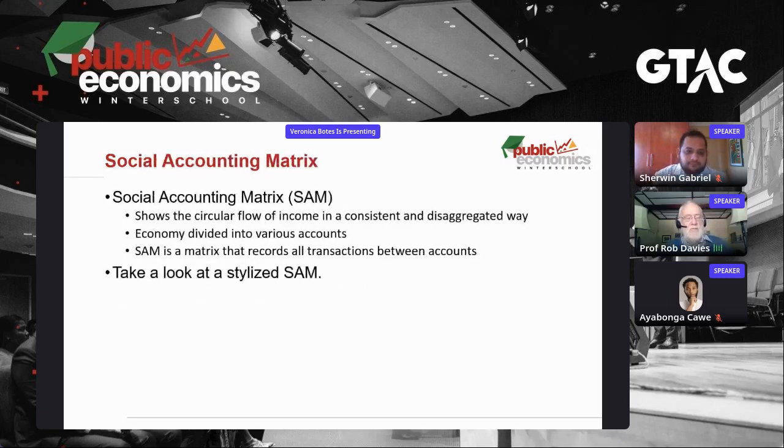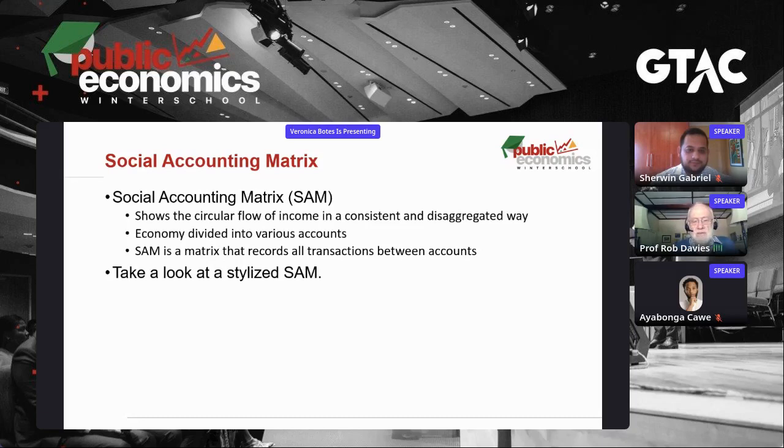Next. Most of these models start off by constructing or are based on what we call a social accounting matrix. And the social accounting matrix, a SAM, is simply a way of showing the circular flow of income in a consistent and disaggregated way. And we'll see how disaggregated it can get. We divide the economy up into various accounts, where the different parts of the economy, production, consumption, and so on. We will construct accounts for them, and then we record over a given period all of the transactions that take